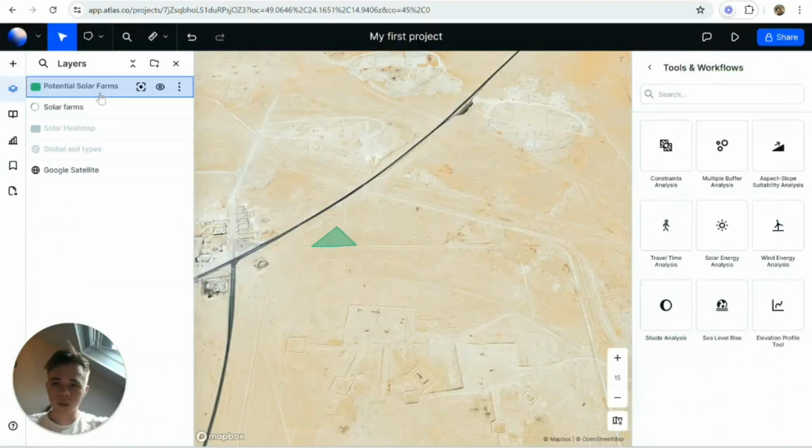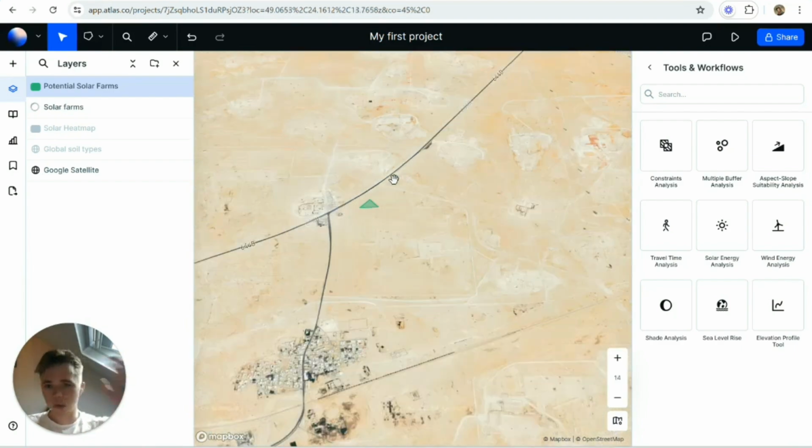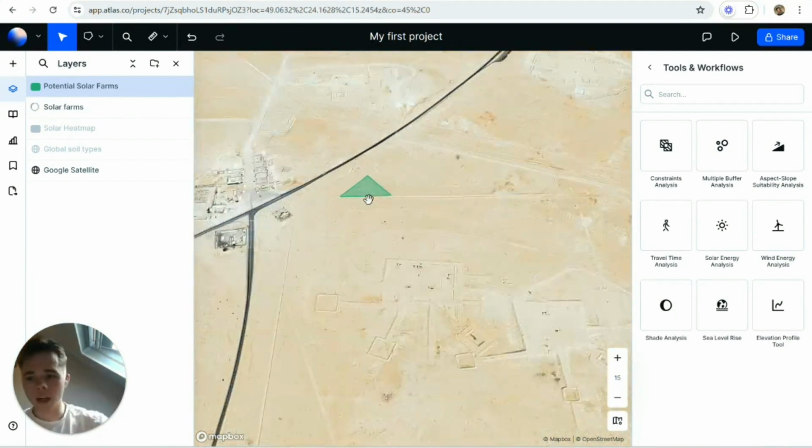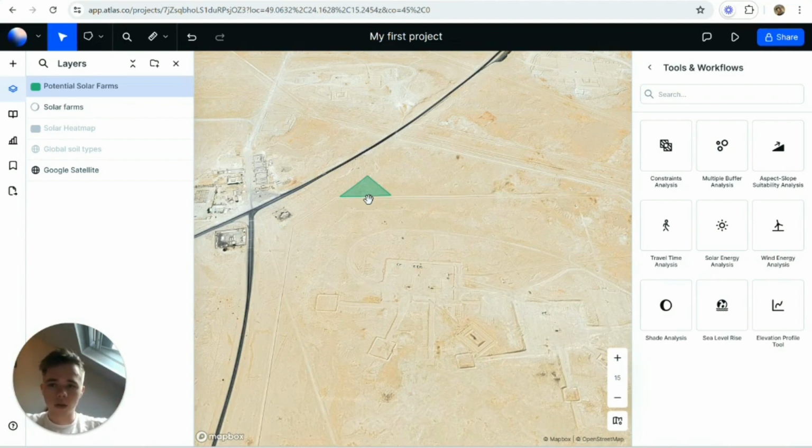Additionally, one more layer that you should use is a layer from the grid, because you want to use the grid to find out which locations you can even connect the solar farm to in the first place, right? Because maybe somewhere in the middle of the desert, it may take a lot of infrastructure to even be able to put a potential solar farm there. So make sure to take that into account as well. Or maybe the grid is completely congested, so then it doesn't make much sense to place any solar farm, because in that case, there is just no room for the grid to even use that solar energy. However,